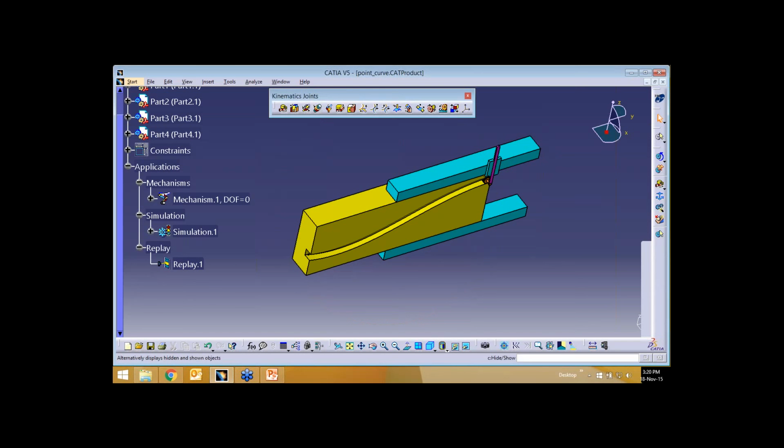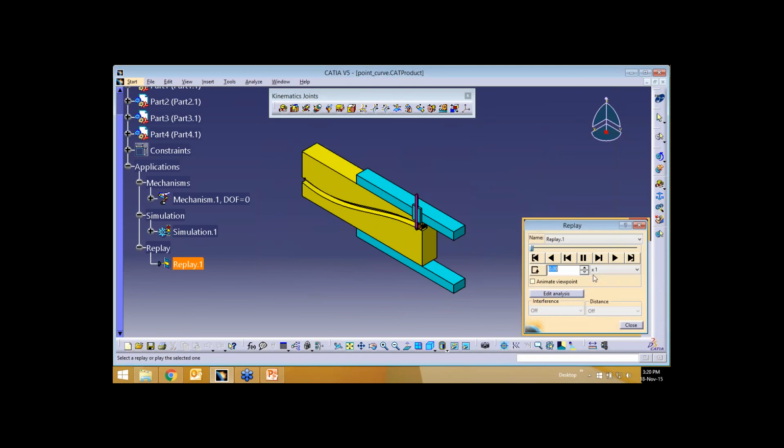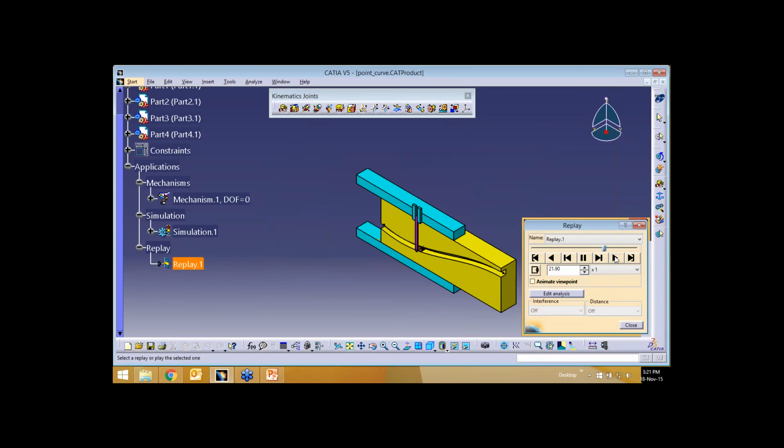So this is one motion, if you like. Close this, and now we'll see each and every joint, how to create a joint, how to create a mechanism, and also how to record it.